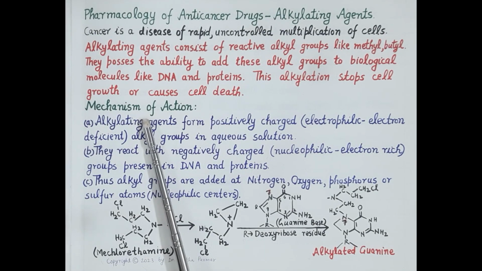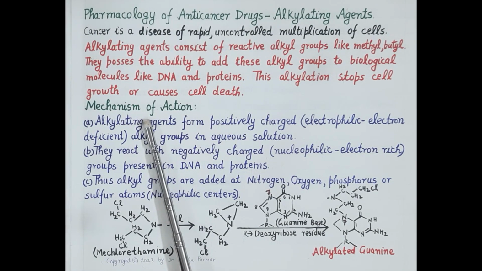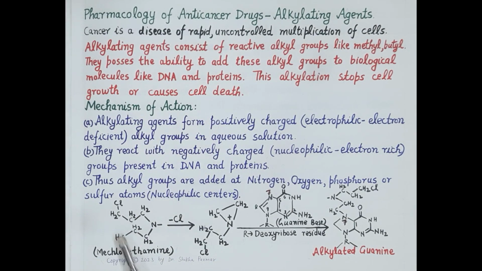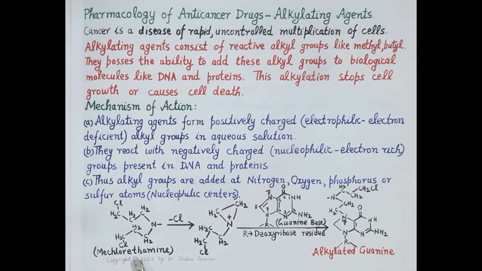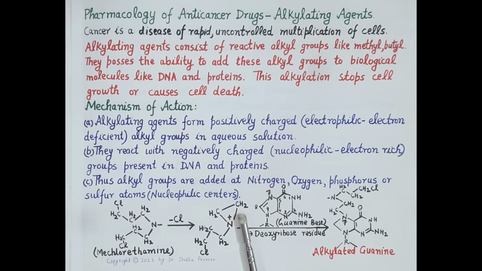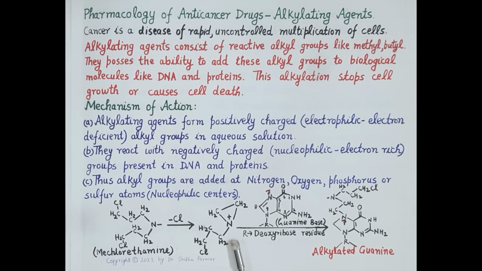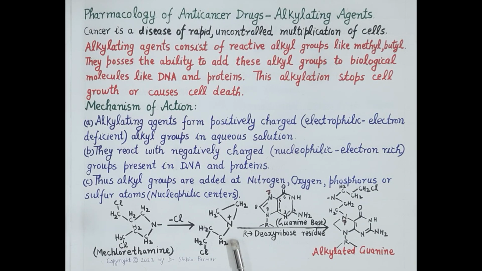Now, let's understand the mechanism of action of alkylating agents with an example. Now, this is an alkylating agent. It is mechlorethamine. Now, under physiological conditions in aqueous solution, mechlorethamine forms positively charged electrophilic, that is electron deficient, alkyl groups. Now, being positively charged, it can very quickly react with negatively charged nucleophilic, electron-rich groups present on DNA or